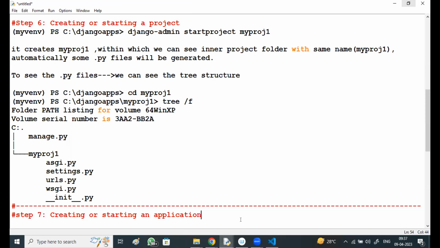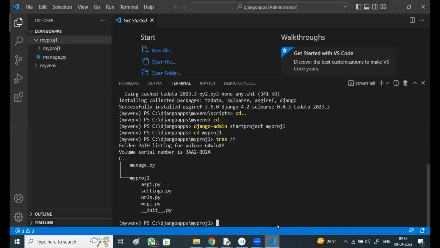Don't worry, you can do the same application in PyCharm, as I showed you. Now, creating or starting an application. Go back to VS Code and open the command line where you are creating the application, which is in the project folder. Python